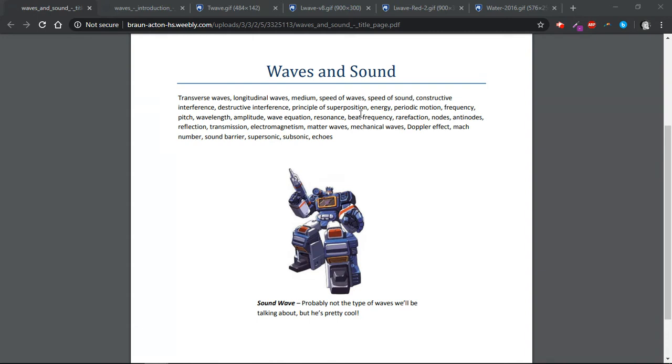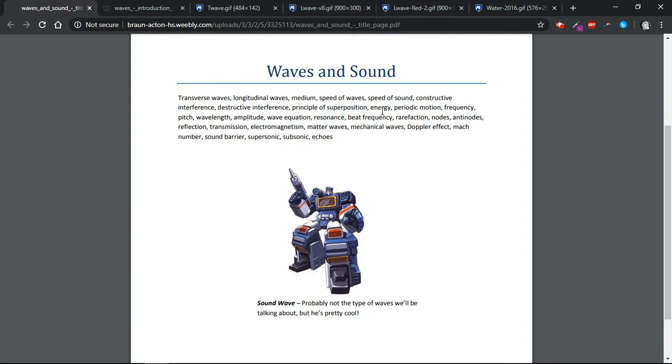So in this unit, we're going to learn about transverse waves. We're going to learn about longitudinal waves, what a medium is, what the speed of waves is, what the speed of sound is, some really important properties like constructive and destructive interference. A lot of you have really fancy headphones that have noise canceling, and this is a form of destructive interference of waves. Fantastic. It's based on what's called the principle of superposition. So this fancy word is really just constructive and destructive interference summed up as one thing. Literally, the word summation is the word for superposition.